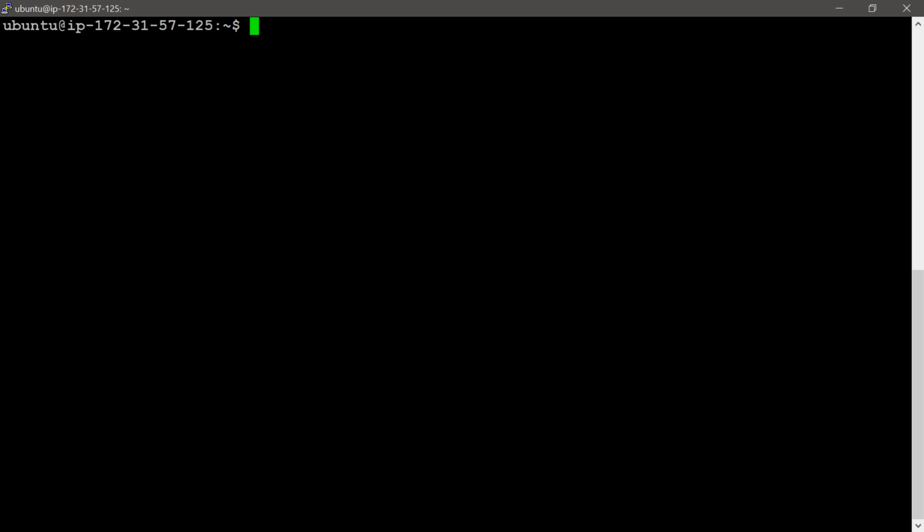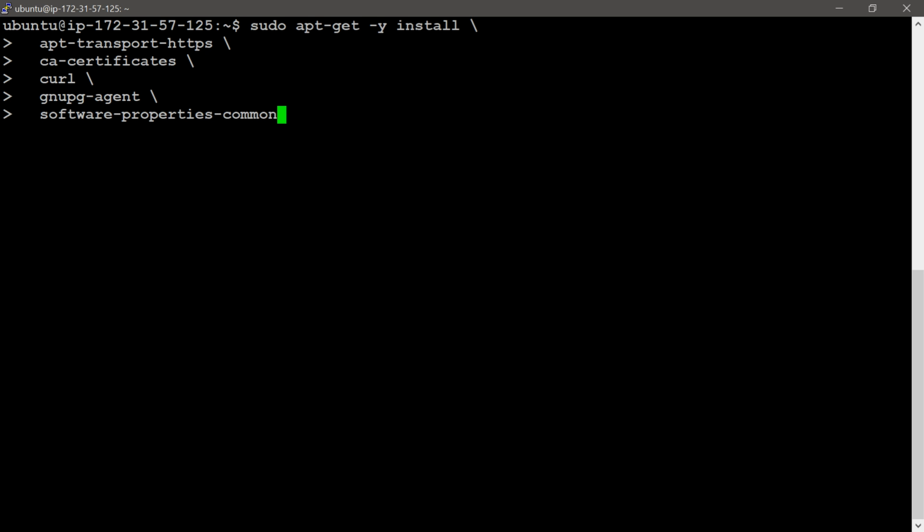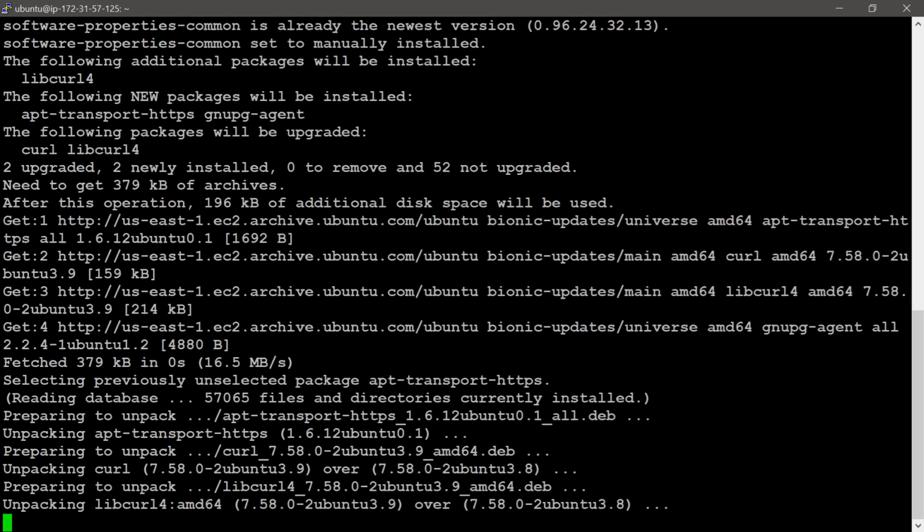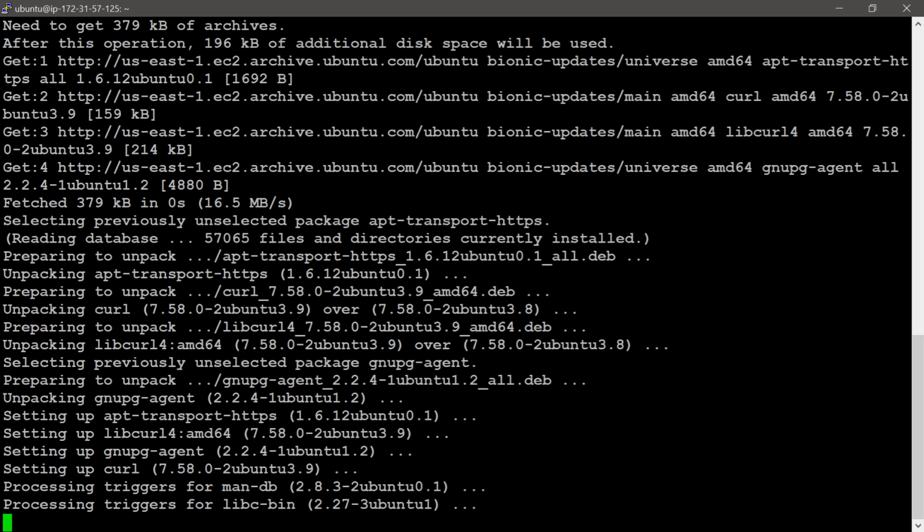I will clear the screen first, then I will give the next command. I will install the required packages. These are available on the Docker official website. I will provide that link in my video description. You can take and use these commands. Then I will press Enter. The required packages are installing here, already installed.